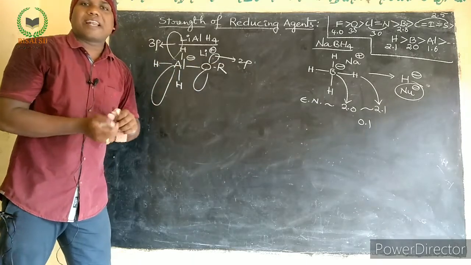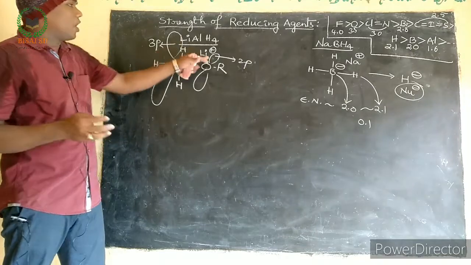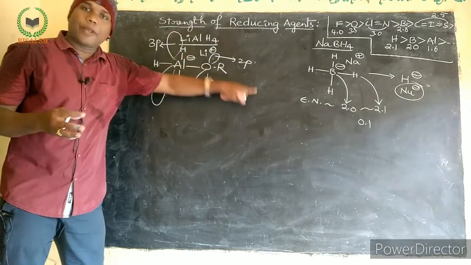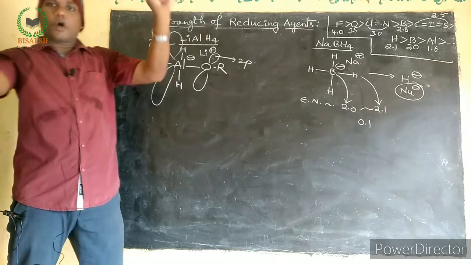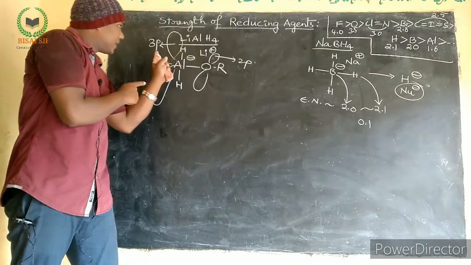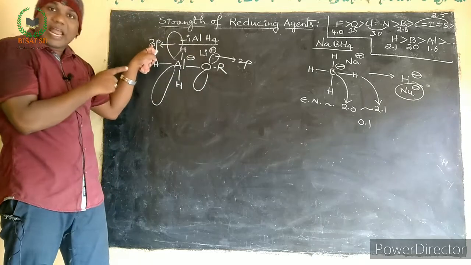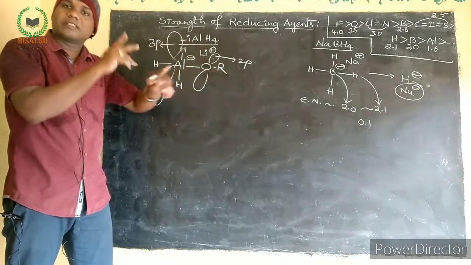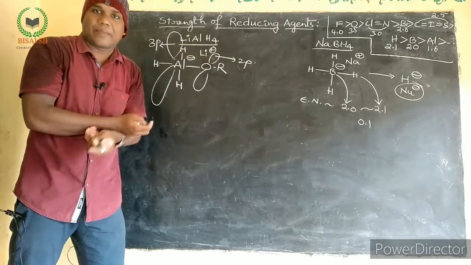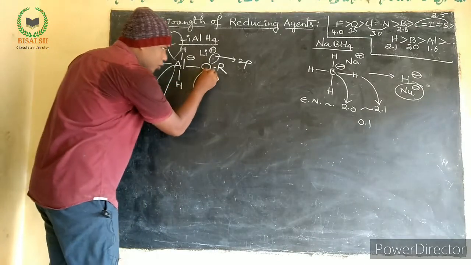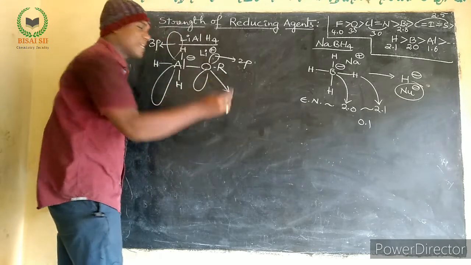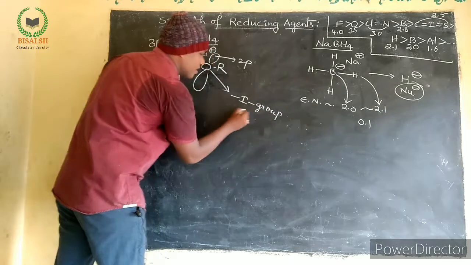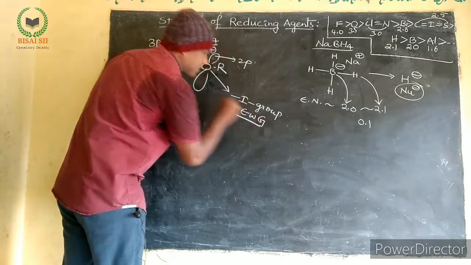According to valence bond theory, there is poor overlapping between 2p and 3p, 2p and 4p, 2p and 5p. Same orbitals have strong overlapping, but here it is 2p and this is 3p, the n value changes. So if there is a change in n value, the overlapping is poor. Then in these alkoxy groups, this oxygen acts as a minus I group, simply an electron-withdrawing group, correct?